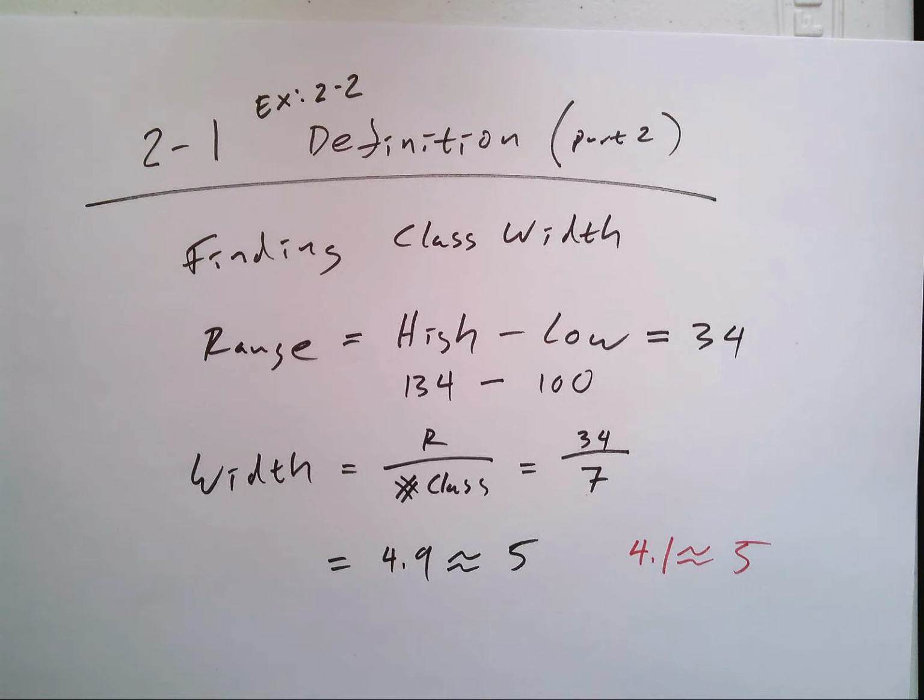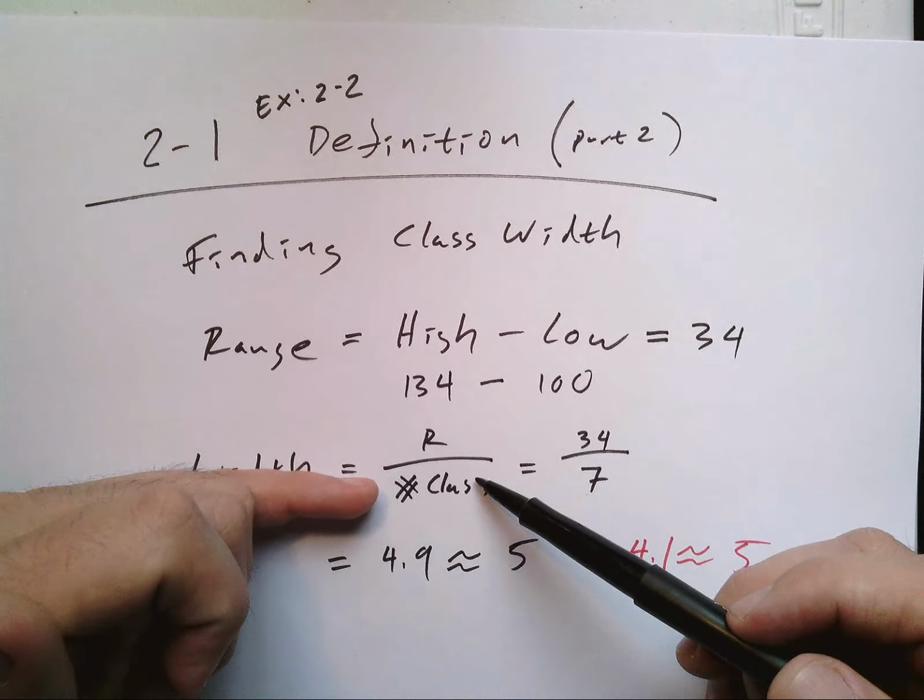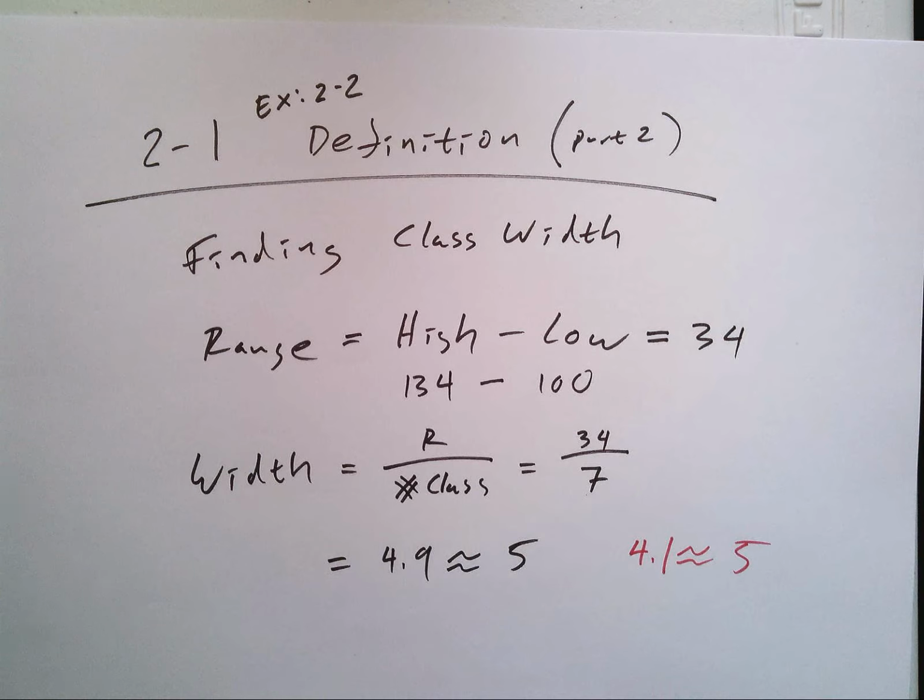Now, this is how we find the range, this range is found by doing high minus low. The width is by taking the range and dividing by the number of classes. We'll finish this up in the next